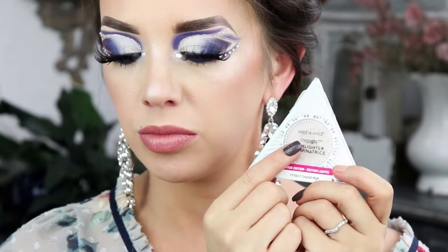So, Mega Glow highlighting powder. It was